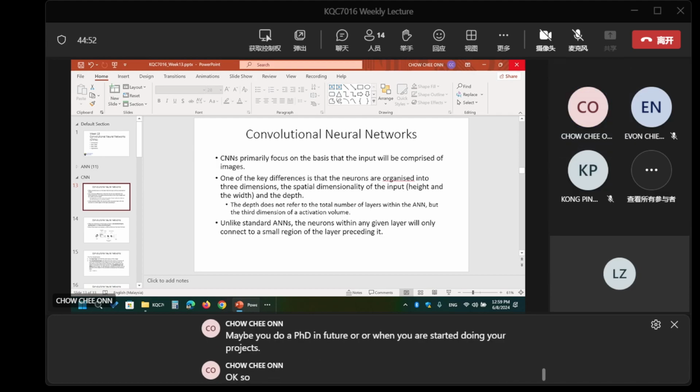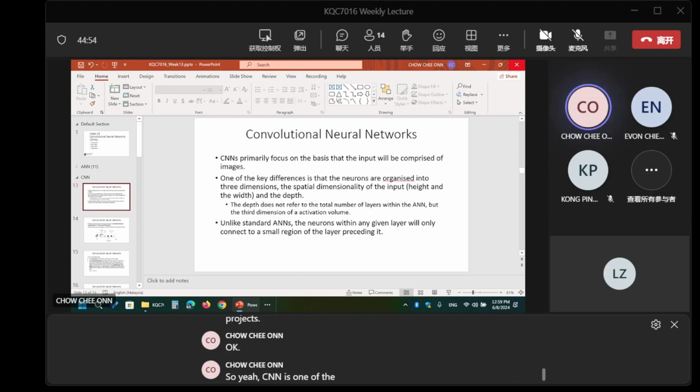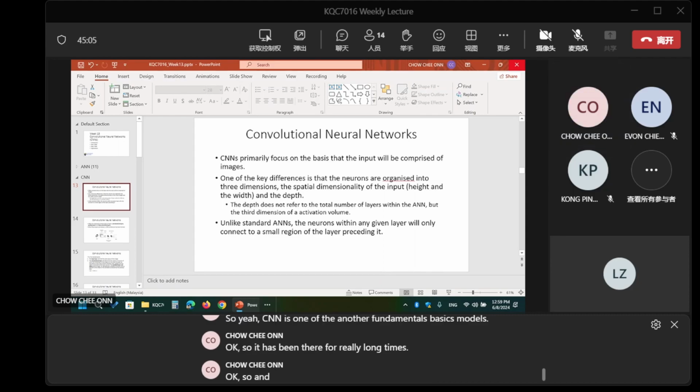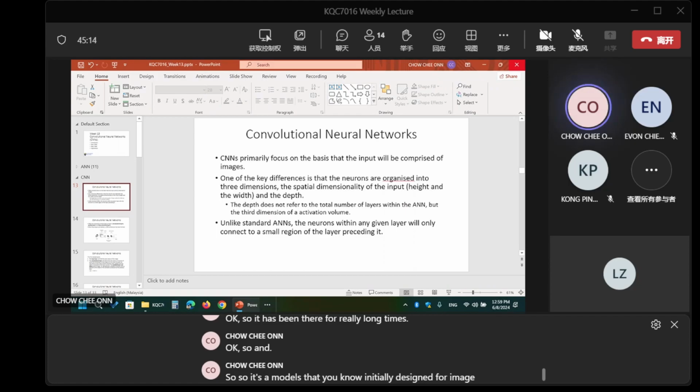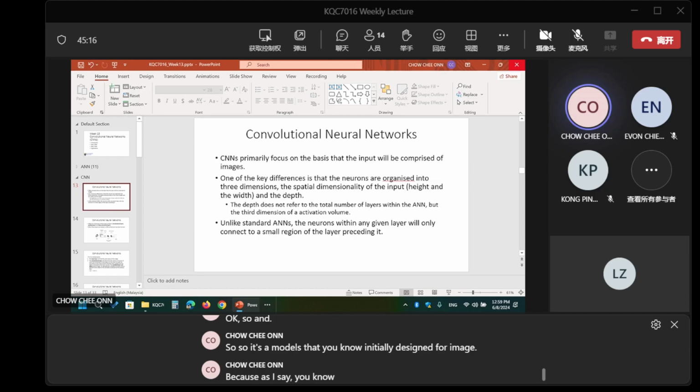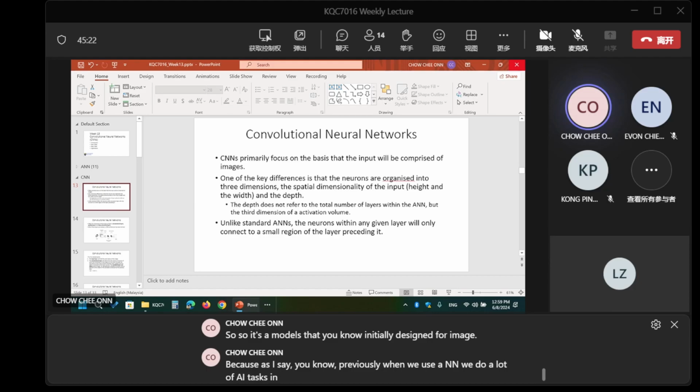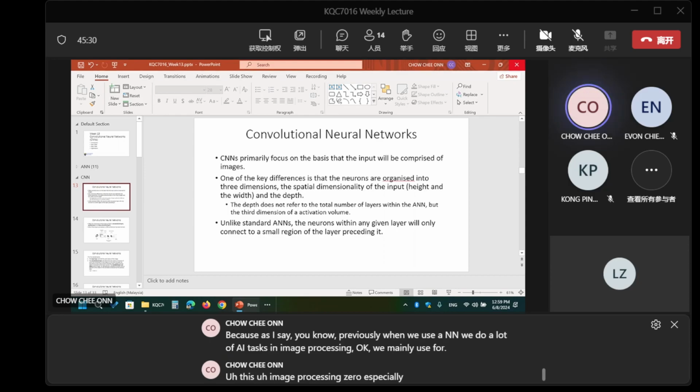CNN is another fundamental basic model. It has been around for a really long time. It was initially designed for images, because, as I said, previously when we used ANN, we did a lot of AI tasks in image processing, especially facial recognition.